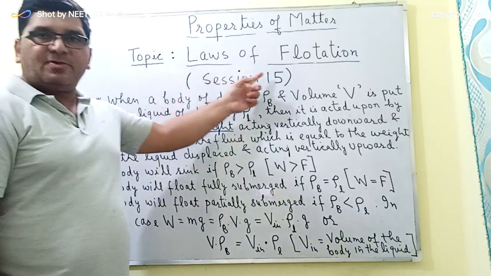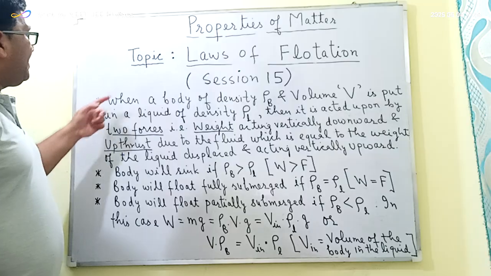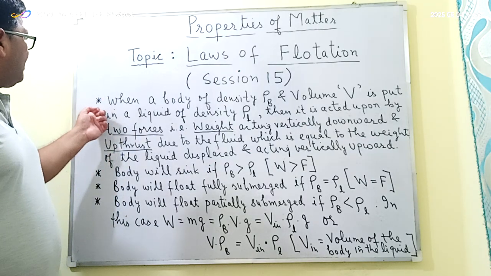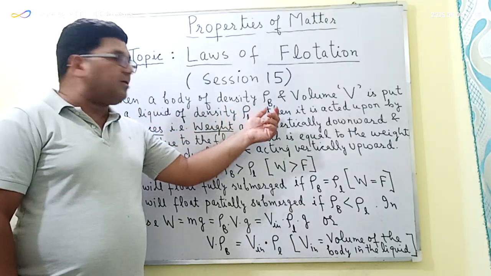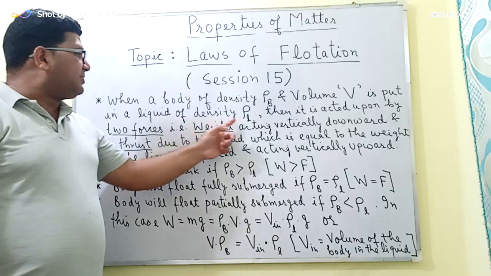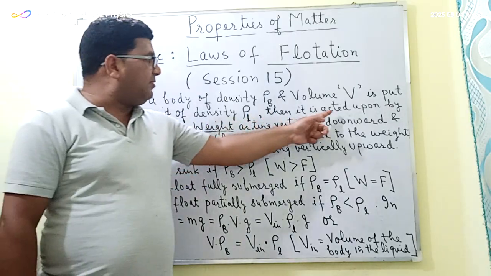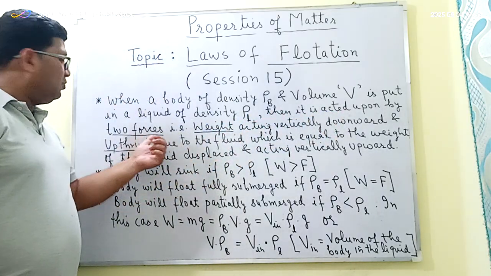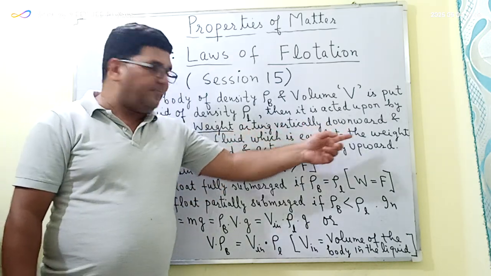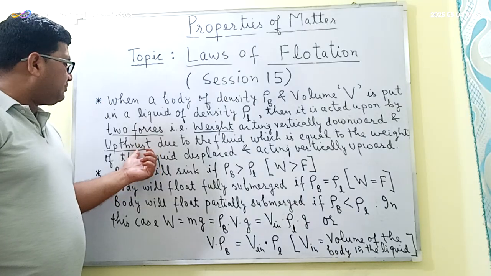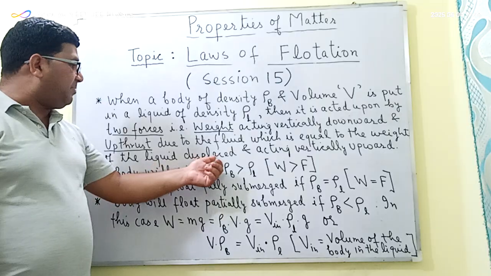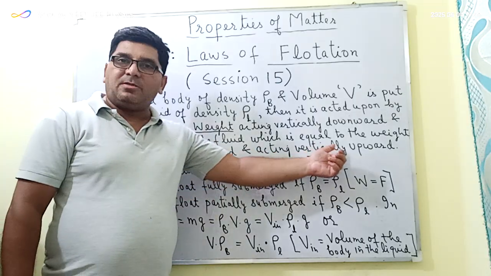The topic is the laws of flotation, and with respect to this topic, I have written here 4 important points. The first point is that when a body of density say rho b and volume v is put in a liquid of density say rho l, then it is acted upon by two forces. The first one is the weight of the body, which is acting vertically downward, and the second one is the upthrust due to the fluid, which is equal to the weight of the liquid displaced,